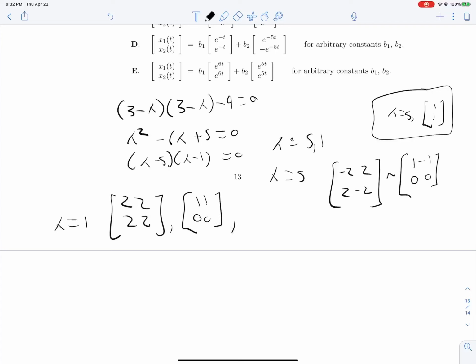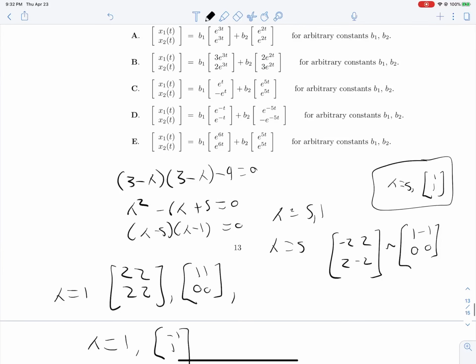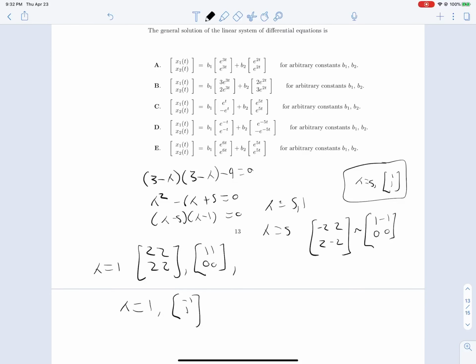And so we get an eigenvector for lambda equals 1 of negative 1, 1. And since all we're doing here is setting up our solution, which is in the form C1 V1 e to the lambda 1 t plus C2 V2 e to the lambda 2 t, we should get